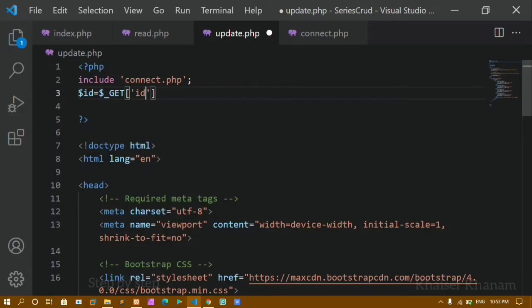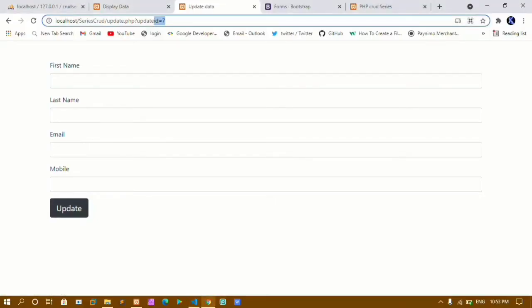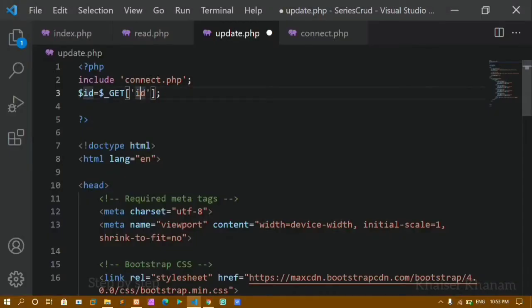Okay, we have already seen we have two methods, get and post. Post is very secure and get is not secure, because we can access the data of the URL. Okay, in this particular case we have to use get because we need the data of the URL. So we are just using the get method to access that particular ID. Now instead of this name, whatever parameter is holding the id 7, you have to copy that one and paste it here. Okay, only then I will be able to access that data.